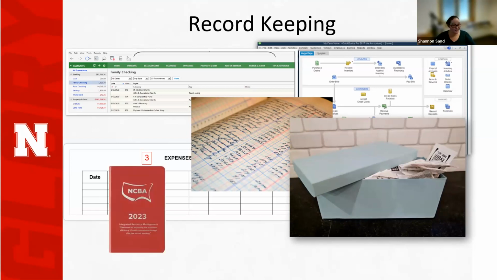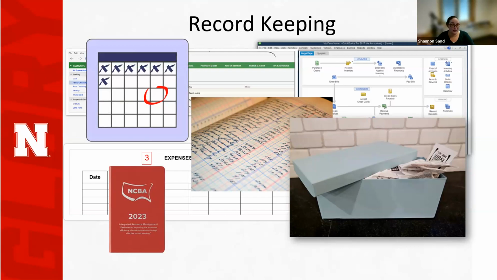That's important. This is the one that my dad uses the most, to be honest. He loves the red book. He writes everything down and dates it, and then it gets transferred to an actual physical calendar. In my family, we keep one on the fridge, and then my mom transfers it to an Excel sheet. I feel like that probably happens with a lot of people. You could tell that I'm a farm and ranch kid because this is what I grew up with and I'm most familiar with. But I know a lot of people that use apps on their phone,